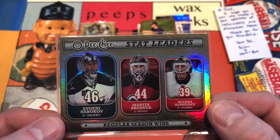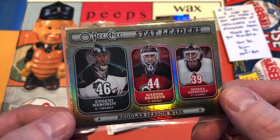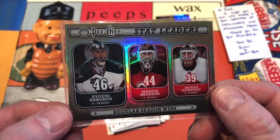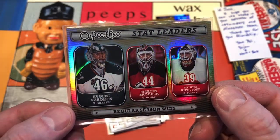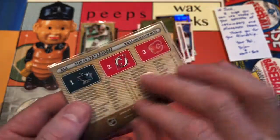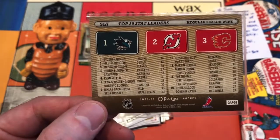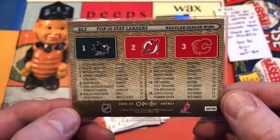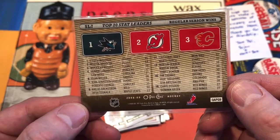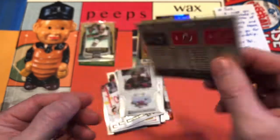How about this? OPC Stat Leaders Refractor with Nabokov, Brodeur, and Kiprusoff. Are you kidding me? I love Brodeur right in the center, front and center. I do kind of collect Marty Brodeur, as well as Hasek and Roy. And they don't all go into my goalie binder. So I do have a thing for the goalies. And what are you going to say? This just fits right in. 08-09 OPC Hockey Refractor